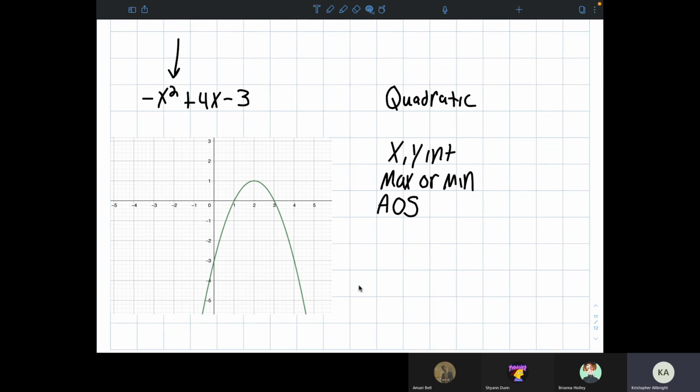So now we still need to find all of these things, and this one is quadratic. The other one was linear, but this is quadratic. So let's think about our x and our y intercepts. So we're crossing the x-axis here and here, and we're crossing the y-axis here. So I'm going to write those out. X-intercepts, this is x, this is y. So it crosses at 0, 1 and 0, 3. Our y-intercepts are